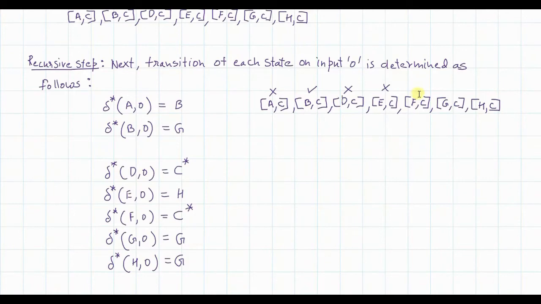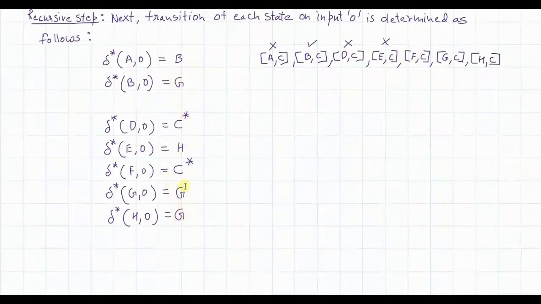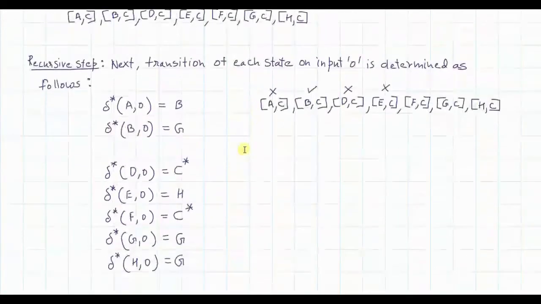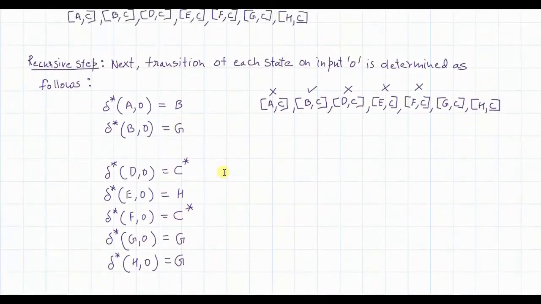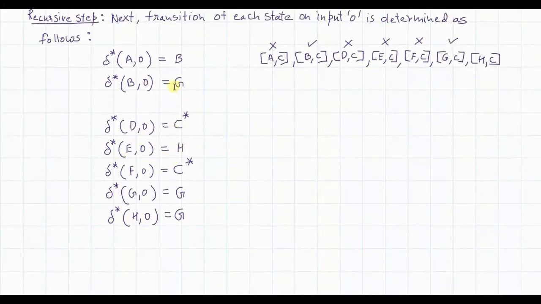Now we see whether the F comma C pair will be useful for us. Is F present on the right hand side? No, although C is present. So this F comma C pair is also not fruitful. It will not help us. Now G comma C, G is there, C is also there on the right hand side, so G comma C may give us the result. What about H comma C? H is there and C is also there, so this pair will also give us a result. So all the pairs will give us a result except those which are crossed. These are the pairs which are not going to give us the result. So only 3 pairs are going to give us the result.